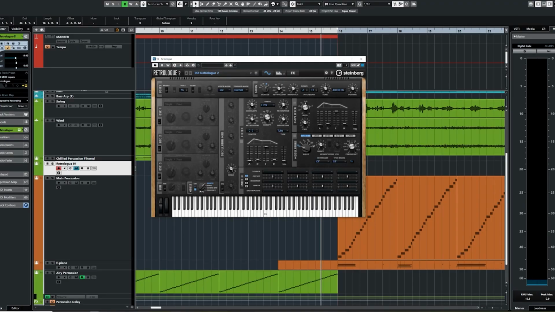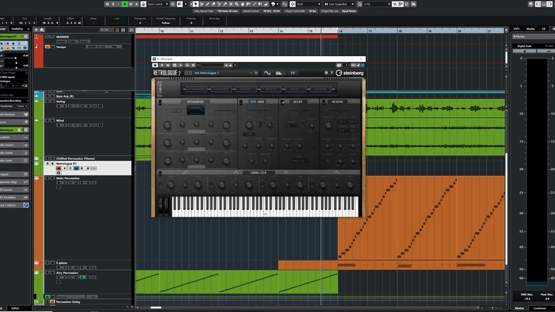So now I want to add that sort of noise swell that I was considering a little bit before. So to do that, I've opened Retrolog. And this is just going to be effects galore.